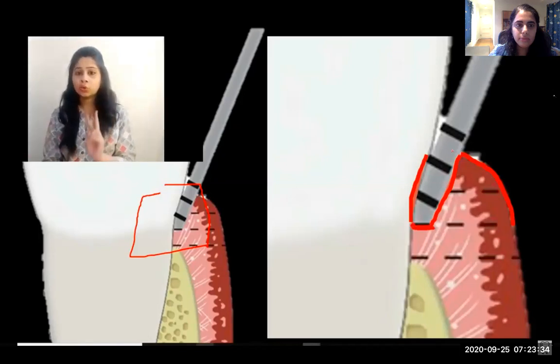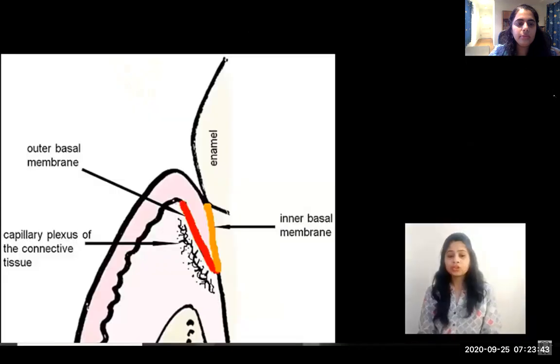So here we heard two terms, the sulcular epithelium and the junctional epithelium. So we'll discuss about these a bit in detail now. So if we see the schematic diagram and orient ourselves, this would be our tooth structure. So we have the enamel here, and this is our root aspect, which is bound by a layer of cementum. And right here, this V-shaped groove is our gingival sulcus. And this pinkish area which is shaded is the epithelium.